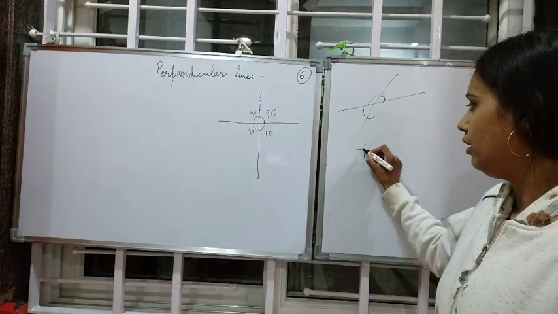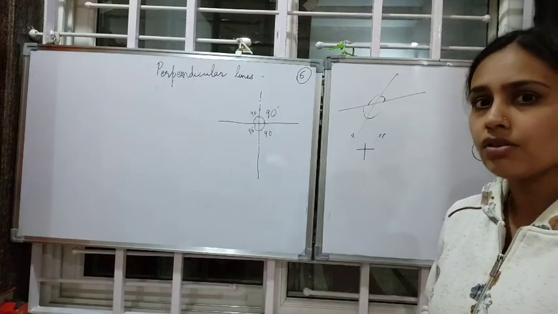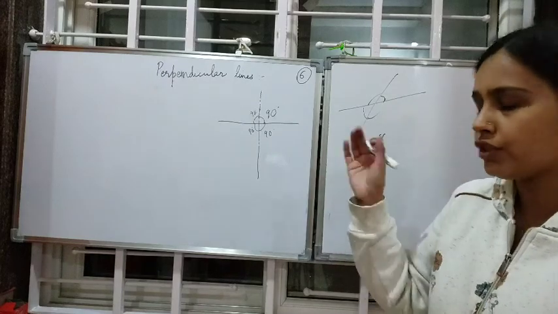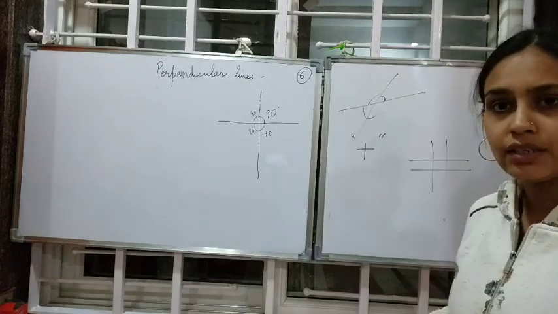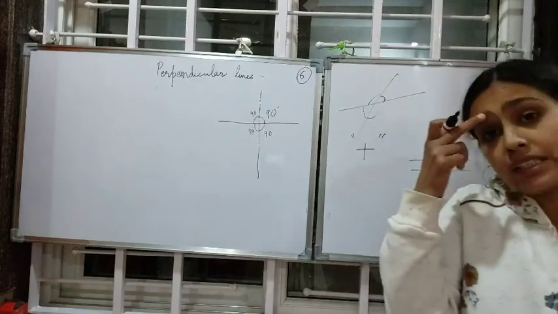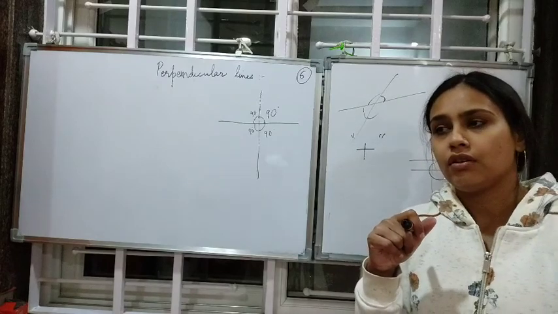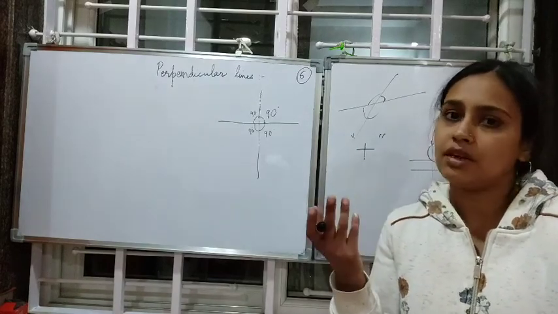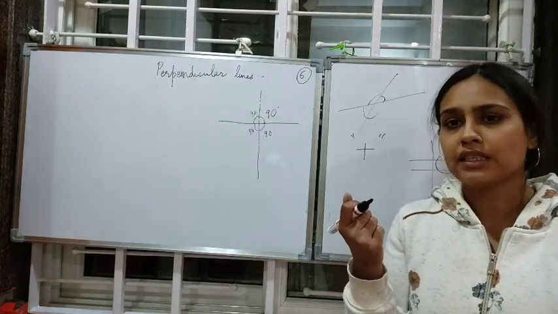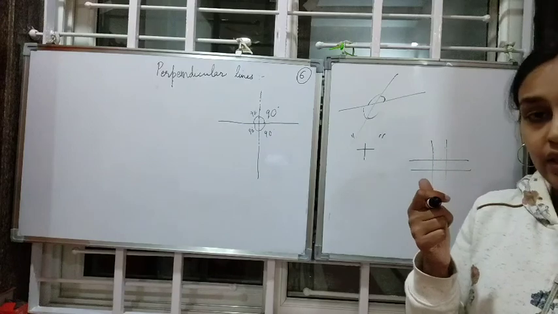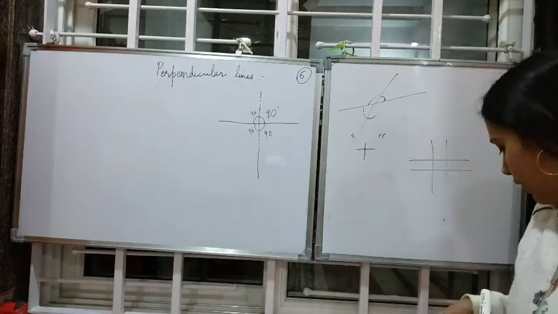For example, the addition sign. Yes. Crossroads, the roads which cross one another. Right. Then, any more examples? The plus sign which is on the ambulance or on the medical shops. That is also an example. So, these are certain examples of perpendicular lines. Now, we are going to study how to construct perpendicular lines.